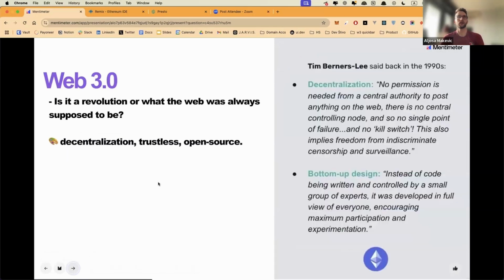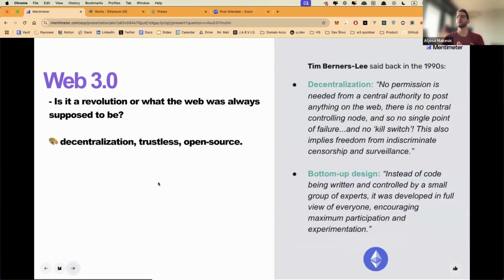This maybe sounds like a revolution compared to what we have currently, or something kind of punk, but this is actually what the internet was initially supposed to be: decentralized, trustless, and open source.